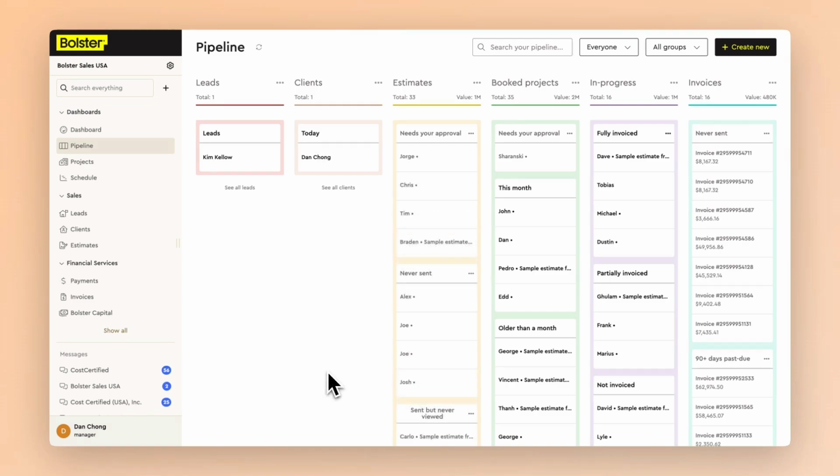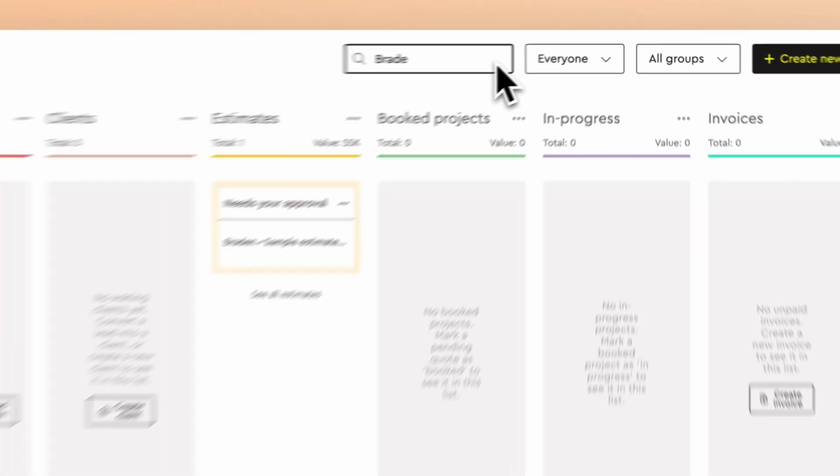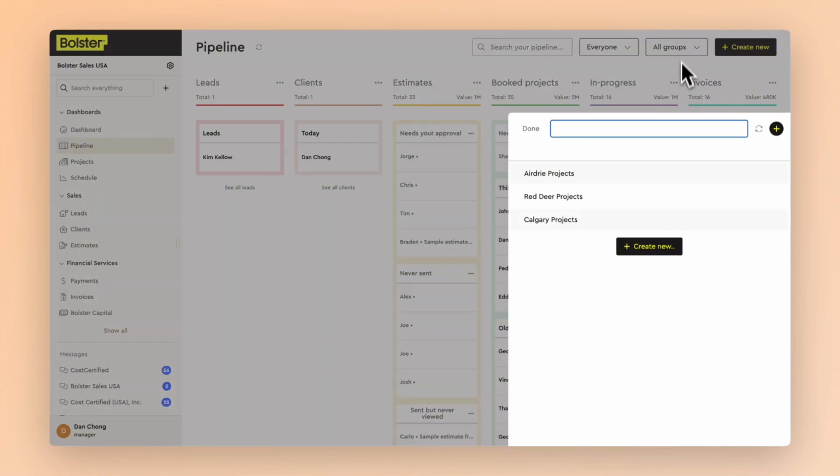With so many projects on the go, it can be difficult to find what you're looking for in the pipeline. You can search your pipeline at the top of the screen quickly to find what you were looking for. Search by client if you know their name in the drop-down menu, or even create groups to organize different items